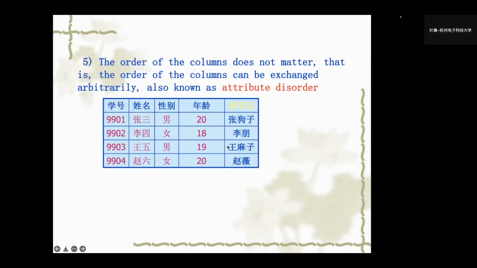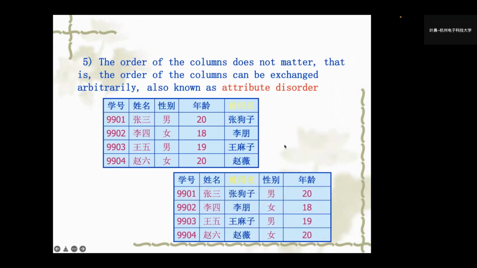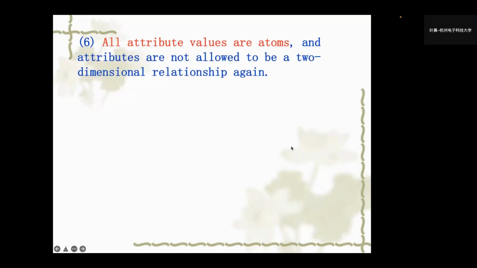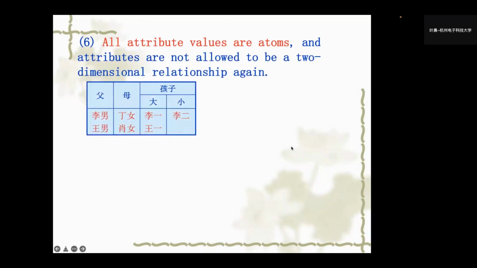And also, the order of the columns does not matter. That is, the order of the columns can be exchanged. That means you can just exchange this column. And it is also known as attribute disorder. So these are the same table. For the columns, we just need the attribute name to recognize which column it is, so it is not dependent on the order. The last one is that all the attribute values must be atoms, and the attributes are not allowed to be